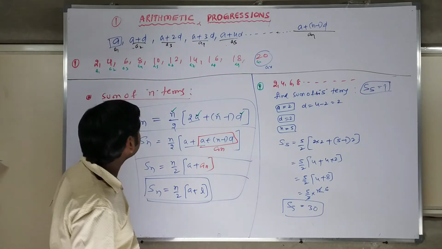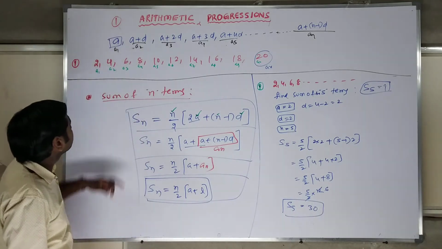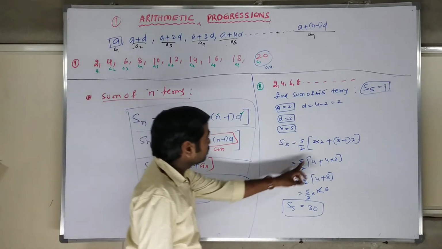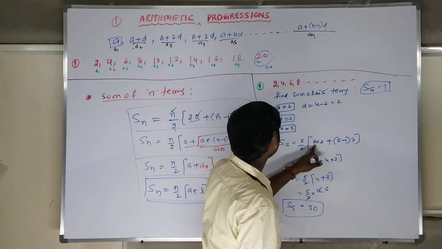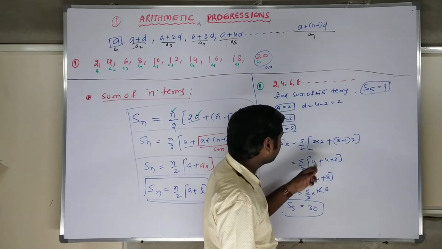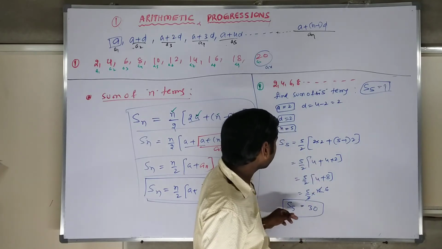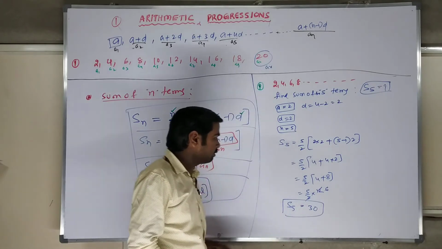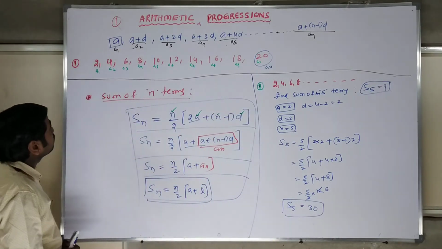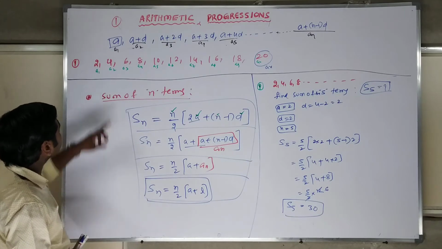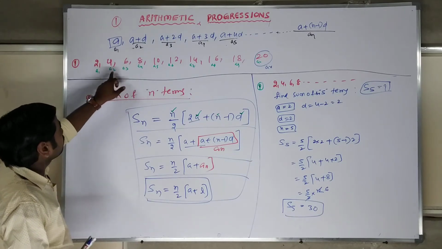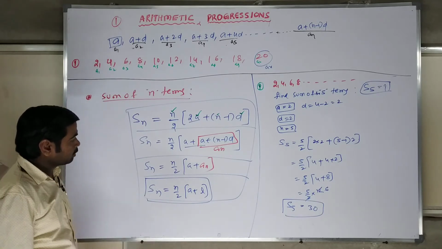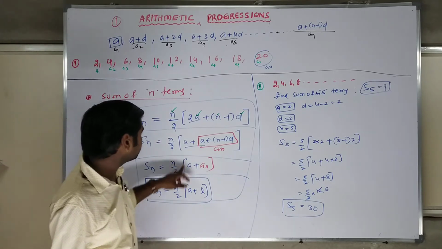Okay, 2 1s are 2, 6 5s are 30. You can count it out once again. 32 I got. Something else you are missing here. So what is there here? A plus d. 2 into 2, 4. 4 2s are 8. 8 plus 2, 12. 12 into 5 by 2, 2 6s are 12, 6 5s are 30. We got S5 is 30. But by adding I got 10, 6 plus 4 is 10, 12 plus 10, 32.